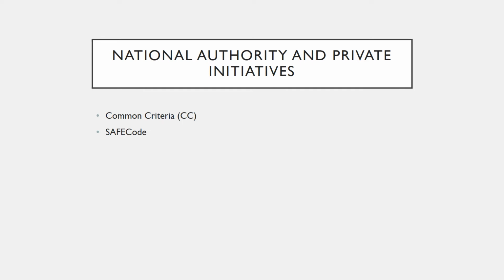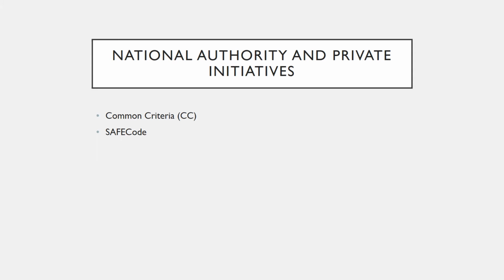On the other side, we also have initiatives that are driven by national authorities and private initiatives. The National Authority initiative listed here is the Common Criteria, which is a framework in which computer system users can specify their security, functional, and assurance requirements. Countries will then sign the Common Criteria Recognition Agreement in order to rely on these Common Criteria certificates, which can be really useful, since being backed by a national authority has some sort of backing that's more substantial than open source might be considered.